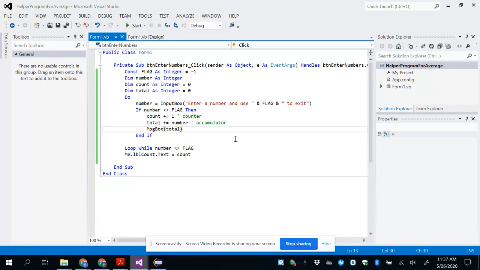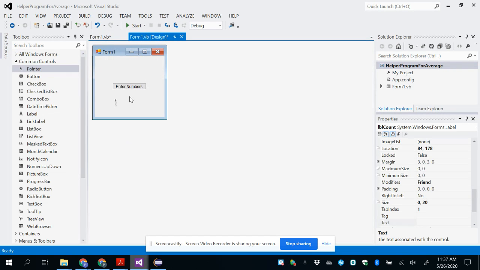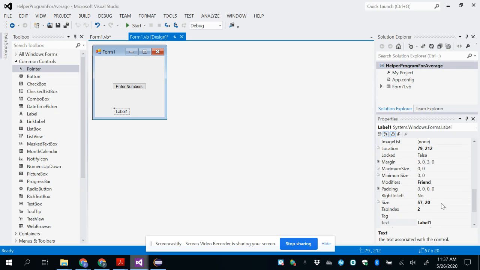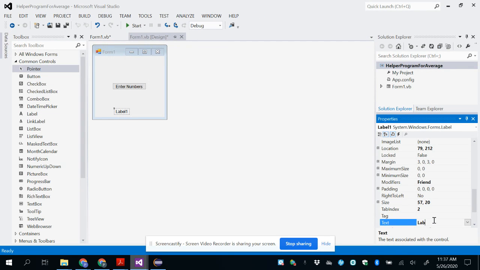silly me. That is because I'm putting out on the label the count. So it did work. It did work. I just was looking at the wrong information. So, I mean, I should probably put a label for that. So let's make a label for the total. I should put things in front of these, of course, to make it a lot more readable, but just for quickness